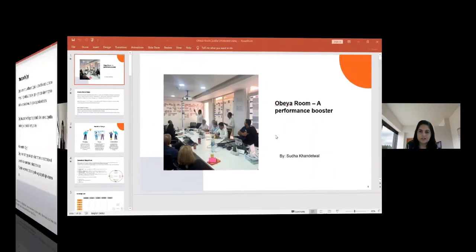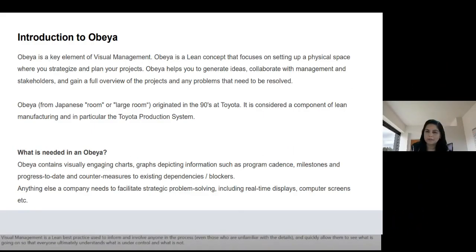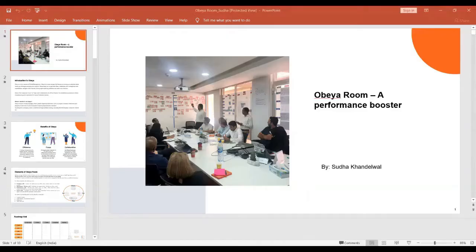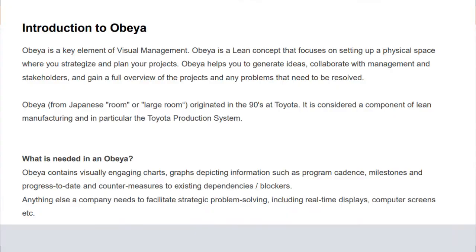So first of all, what is Obeya? Obeya is basically a part of visual management, a visual indicator. We have a physical room which we set up to solve problems or to achieve strategic solutions, where we want all the stakeholders in one single room to solve it.